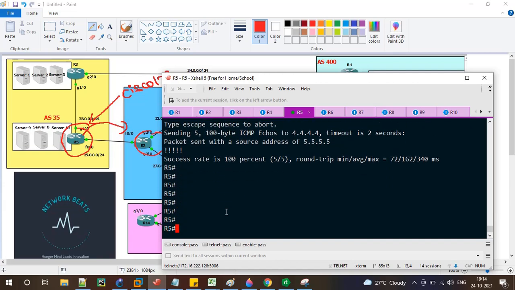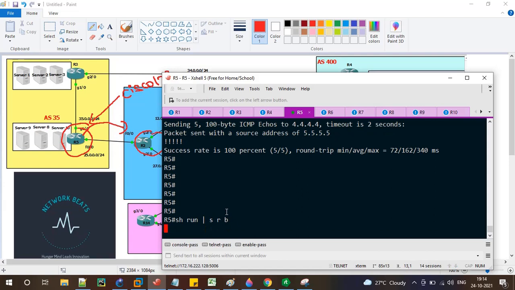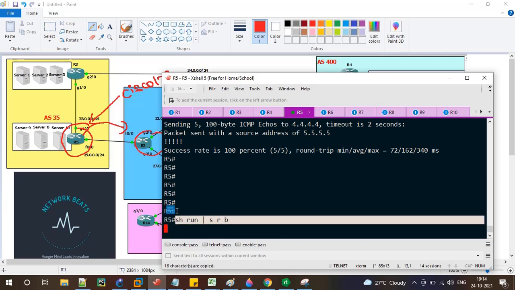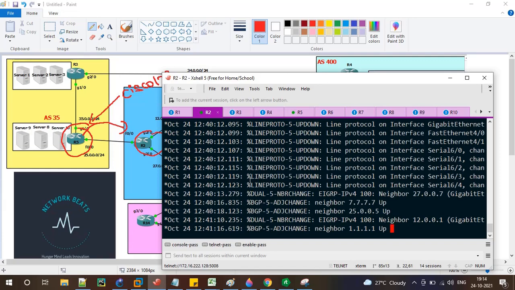Let's get into the BGP authentication config. Before doing that, let me see the current BGP configuration on R5. Also, let's see the same thing for R2.